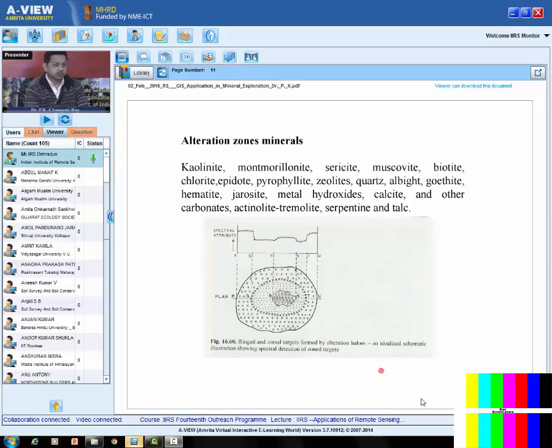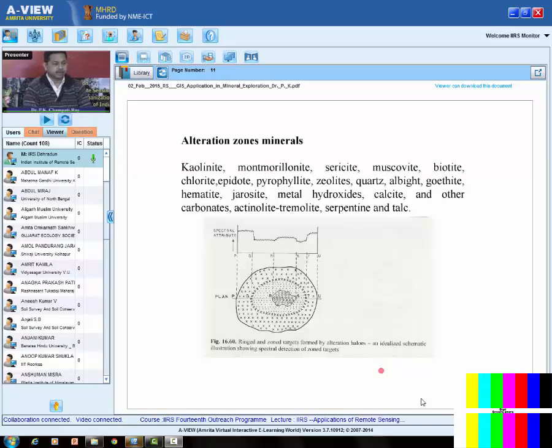Now, once you identify the zone, then we can correlate that zone to some kind of a mineral deposit model. So at this point, I would like to say that each mineral deposit is unique, and you have to accept this fact. Some general observations can be made about a mineral deposit, but each deposit is unique, and that's the reason it's often very difficult to apply a general thumb rule to mineral exploration. However, once we know a similar kind of deposit is there, some broad guidelines can be made, and based on the broad guideline, we can look for the mineral enriched zones